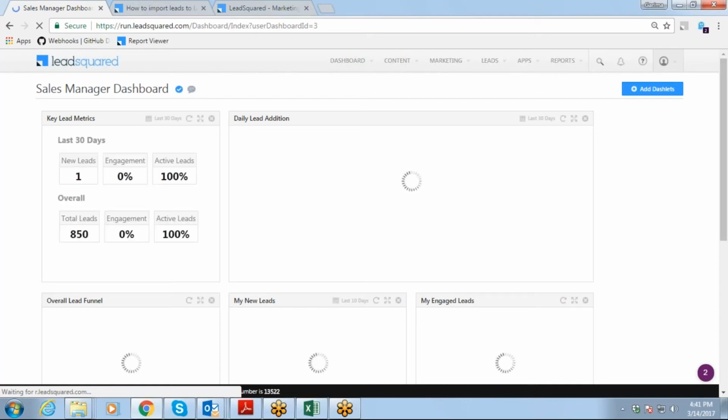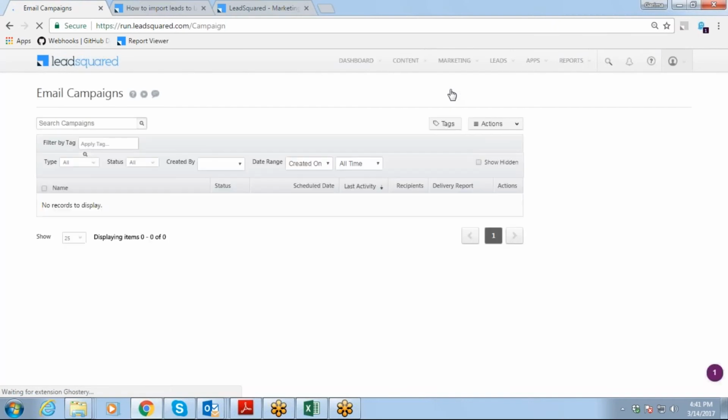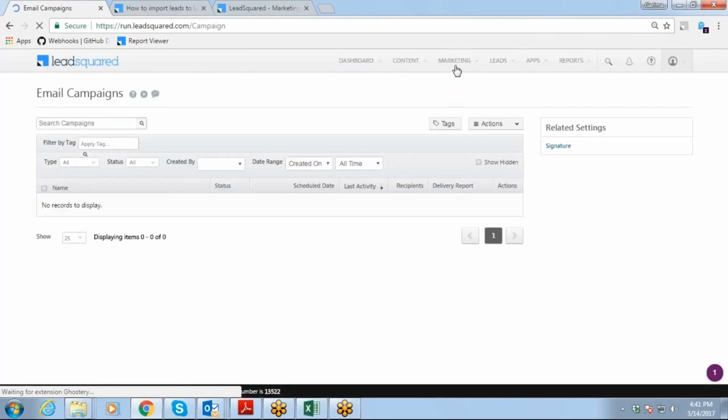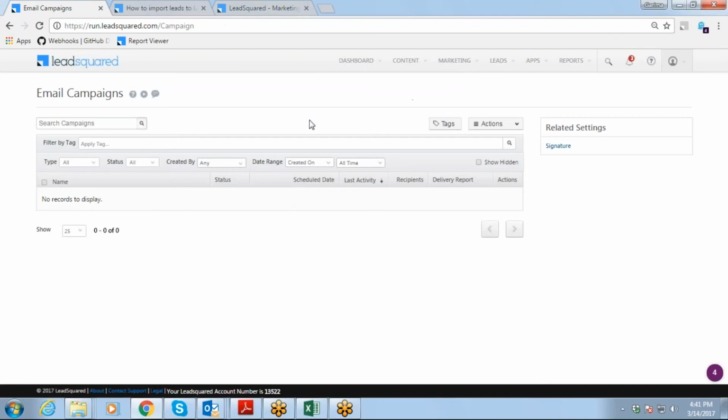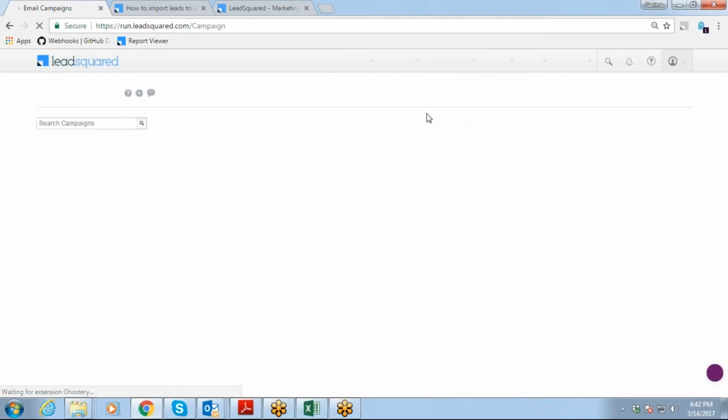And what is this marketing? In marketing, we have this email campaign feature. Should I cover this also? If you want, I'll cover it. Okay, I'll just show you. In marketing, we have this email marketing section, where, so your account is for a sales user, I guess. You are not a marketing user, right? No, I'm just asking what it is. How can we use it?